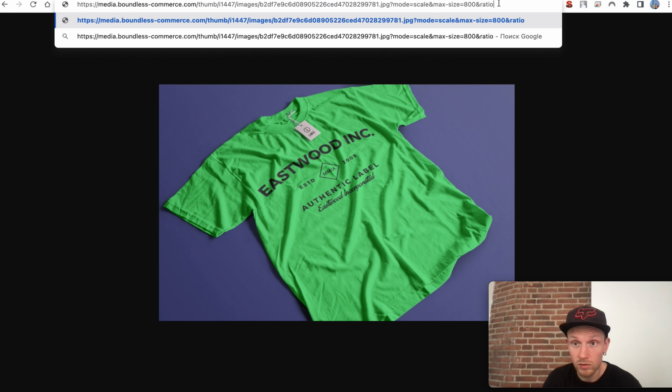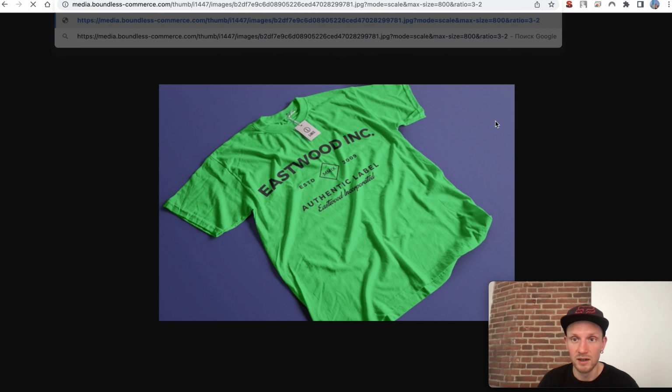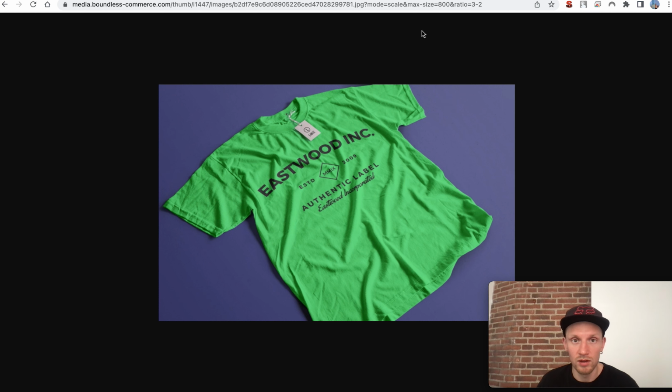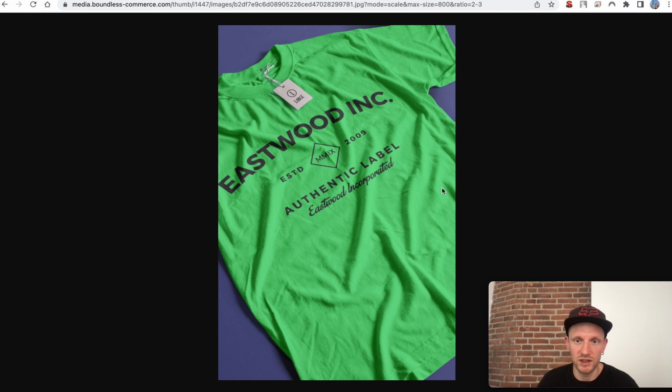For example, you can specify ratio, and all your images in the store would have the same ratio, so they might look a little bit nicer. So for example, ratio, and for example, another ratio, the opposite. You see, it's with a cut, and to avoid cutting, we can add